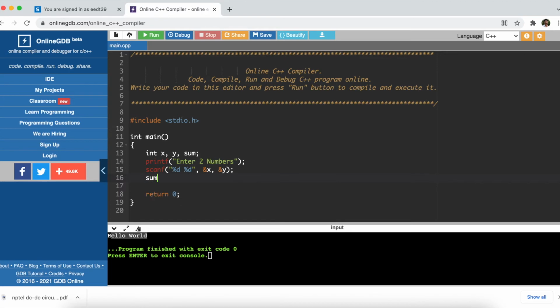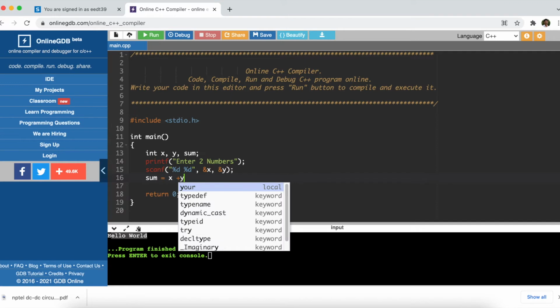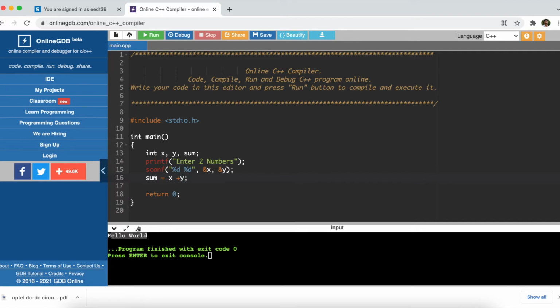Once we get it, we will add it. Sum is the variable which we have used to store the sum. So sum equals x plus y. We'll give space here. Even if you don't give space, it's fine, I'm just doing it for visibility. Now we'll print the sum.